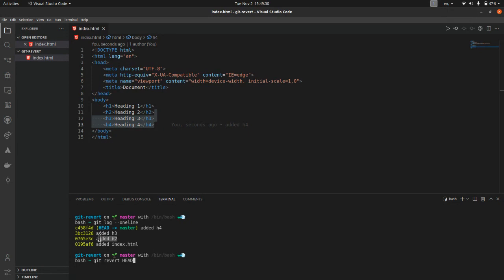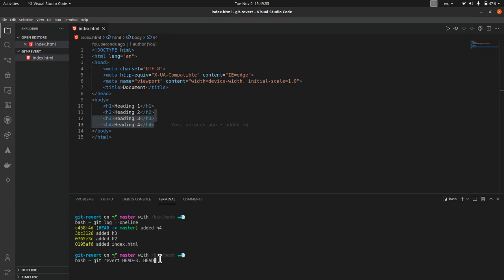So this is the added h2, and this is the third last commit in the column. So we'll put a tilde here and we will write 3, and then two dots will come, and then again HEAD, the topmost commit of our range we want to revert. So this is the added h4, but the HEAD itself is pointing to this, so we'll just leave it as HEAD.